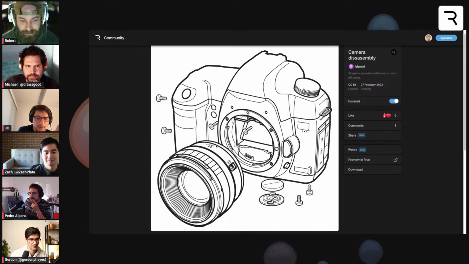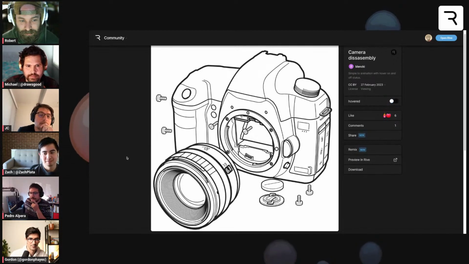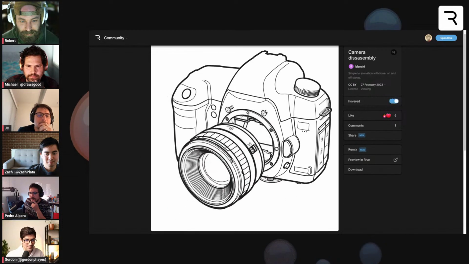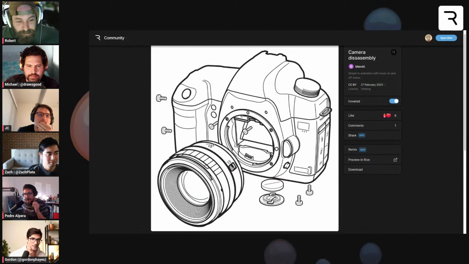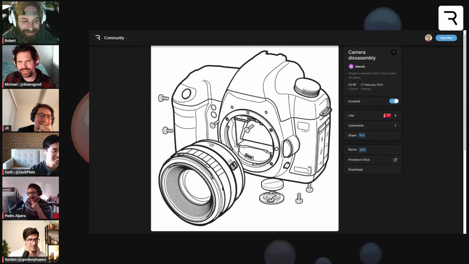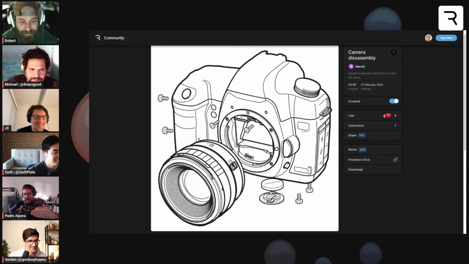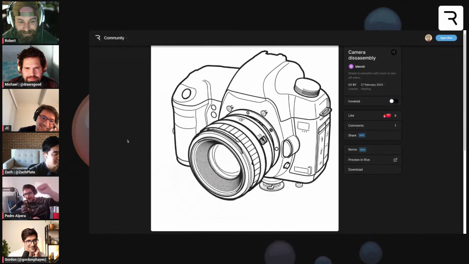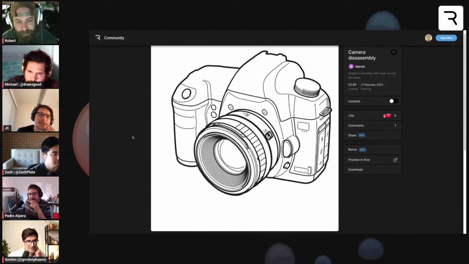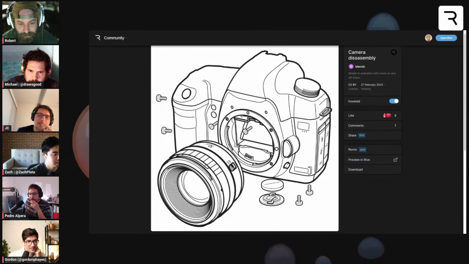Using Rive to create things like this, where you can use colors and reflection effects, light. I'm thinking about IKEA doing the manual in Rive. That's awesome, because you are moving the page all the time trying to find the position and how to work. This is really cool. And you could hover, and then you could even click, you could break apart smaller little portions of the camera. Some neat stuff you could do.